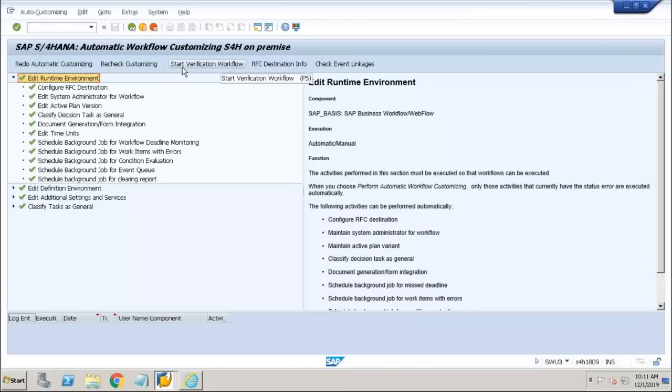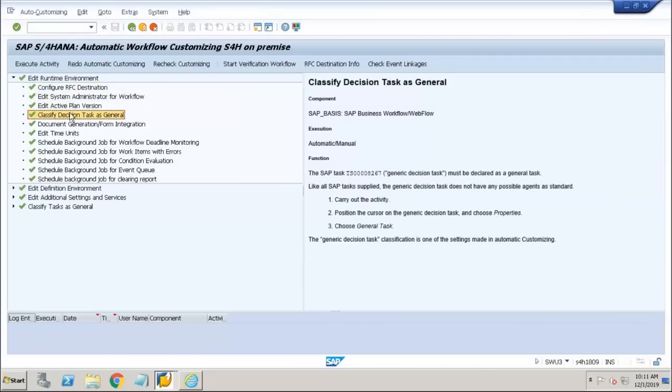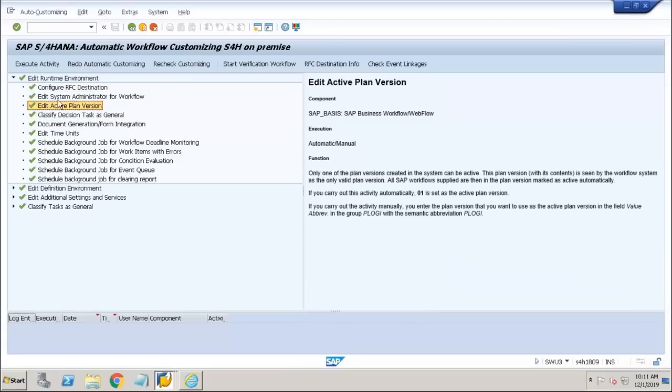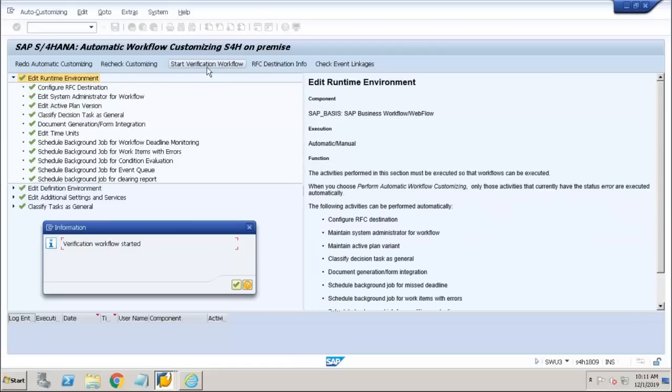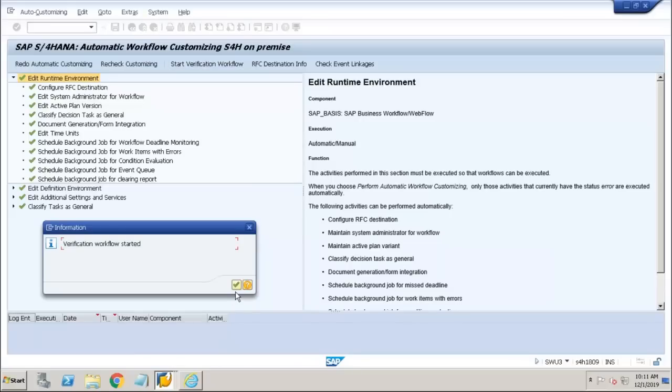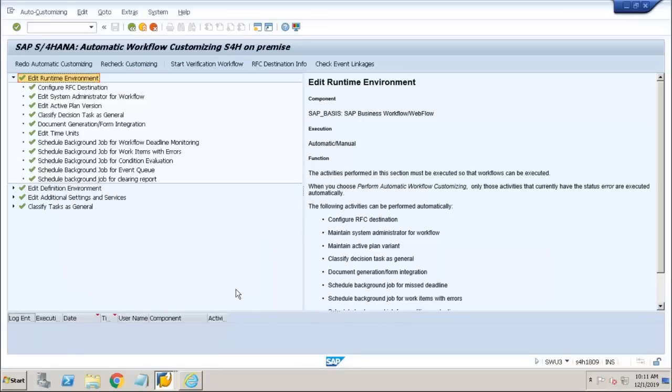So automatically this will run the program for each and every node, and it will create the relevant RFC destinations, activity plans, everything. It will start executing on its own. It is the process of basis, right? We don't even have the authorization to go to this transaction. Am I right? Ideally, yes, but it purely depends on the sensitivity of how your basis is considering. Some companies would give us access to do it, and some of the clients, they will do it by themselves,